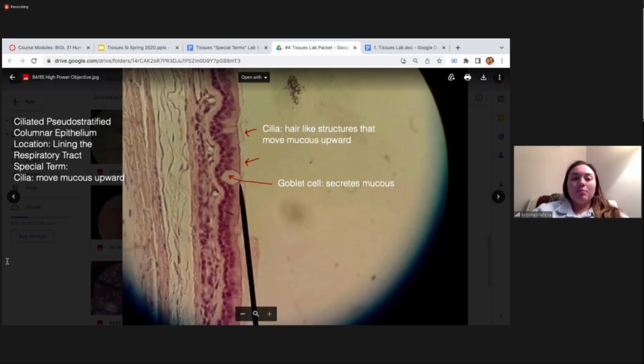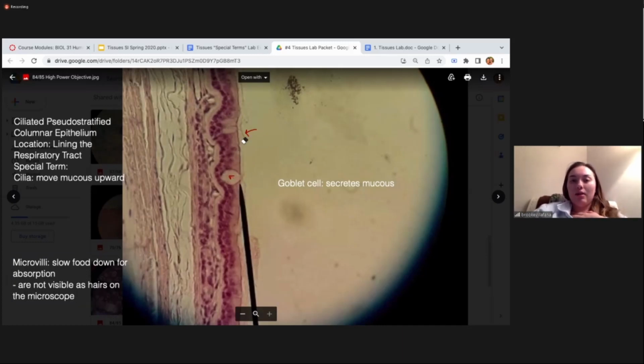So the big one that people get confused on the exam is cilia versus microvilli. Microvilli slow food down for absorption. And the way you can tell the difference between cilia and microvilli is that microvilli are not visible as hairs on the microscope. So do you guys see how this looks like hair? Yes, cilia look like hair. I'm gonna go pull up